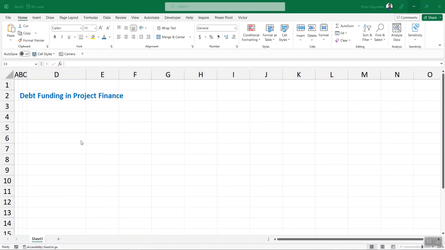And as such, you need to be able to model out the debt, because 70 to 80% is compared to equity. This is a typical project that has no historical financials, they've not done anything yet, and you want to commit as much as 80% debt. The interesting thing is that the project will also generate the cash that you're going to use to pay back. So you must be able to model out the debt very well